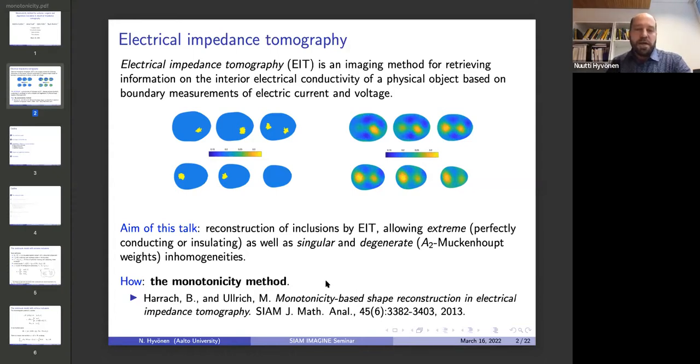The thing that we tackled 2 years ago approximately is to include in this consideration perfectly conducting and insulating inclusions. These weren't considered previously. So the idea is that the inclusions that I consider, they may be perfectly conducting, perfectly insulating, or there may be some combination of these two and also finite perturbations of the background conductivity. So by inclusion, I mean something really general. So it's something that varies from the background in rather arbitrary manner. And in addition to this kind of extreme,